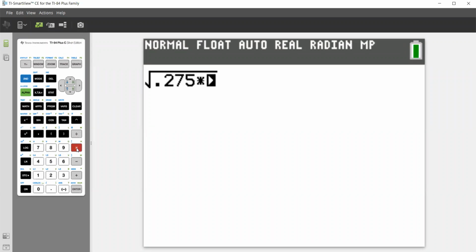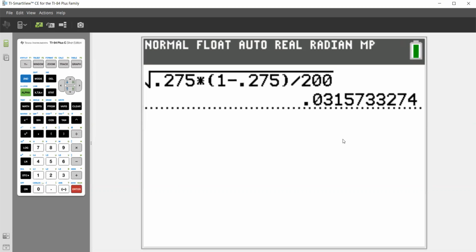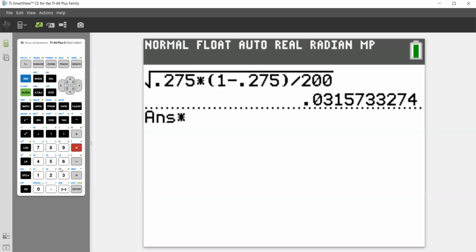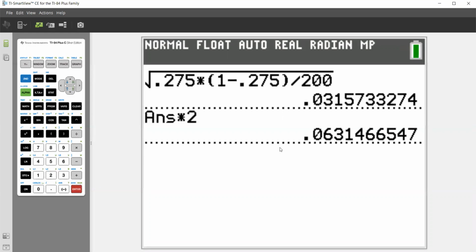And I'm going to multiply that by 1 minus 0.275, 1 minus P. And then I'm going to divide by 200, which is our number of people in the sample. Now, if I enter this, that is the standard deviation. Now, what I want to do is multiply that by 2. I take 2 times the standard deviation. So I'm going to multiply that by 2. And this number here is the margin of error,